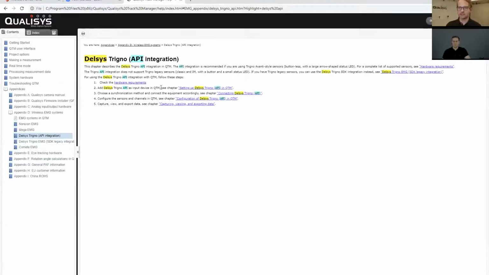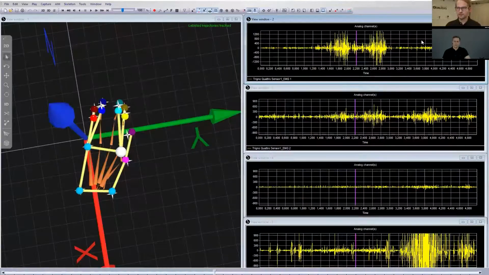And in here, you will also find up-to-date hardware requirements in terms of firmware versions and so on, because of course this will change over time compared to what we presented today. If you prefer